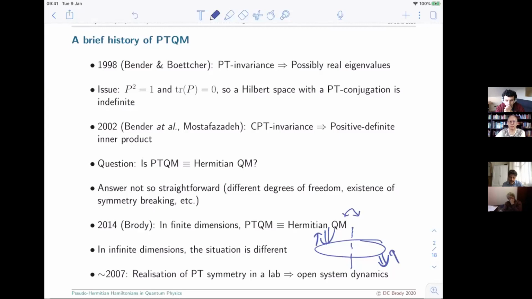Now, the majority of these experiments, however, are concerned with classical systems for which either the evolution in time or in space can be represented by means of a Schrödinger equation